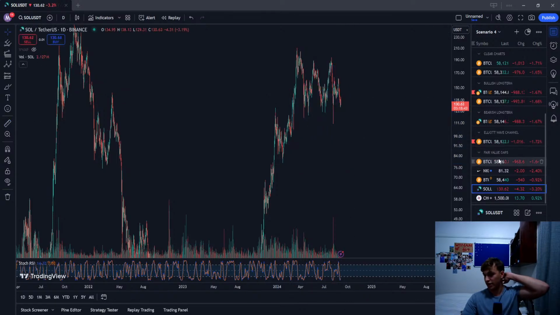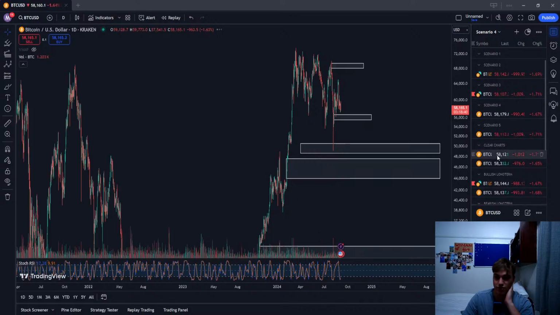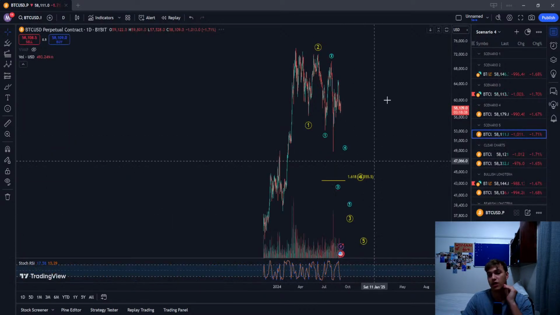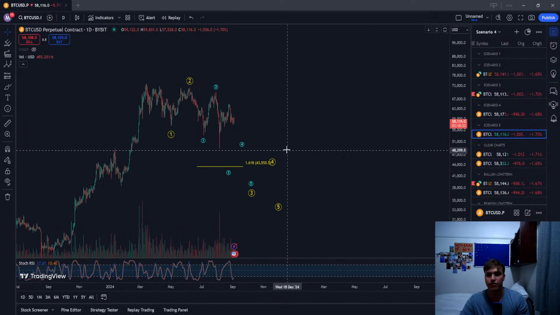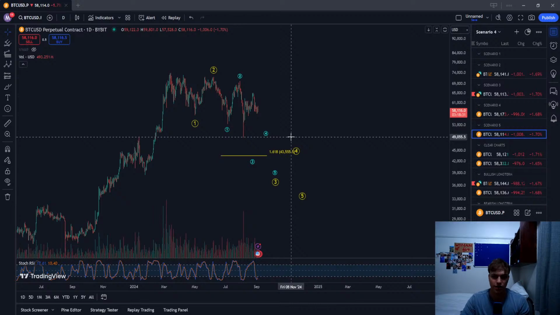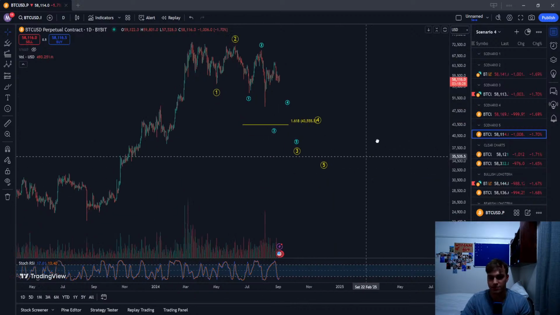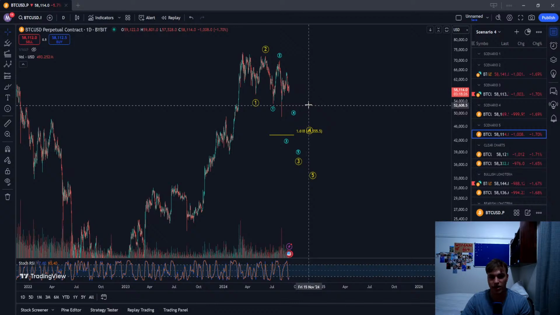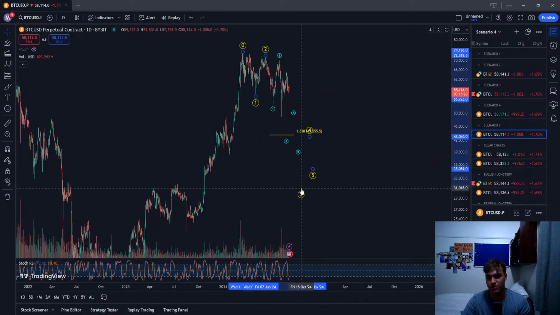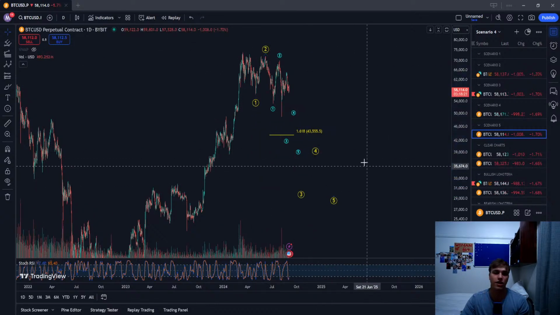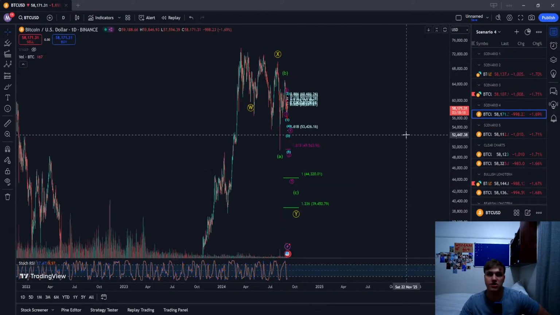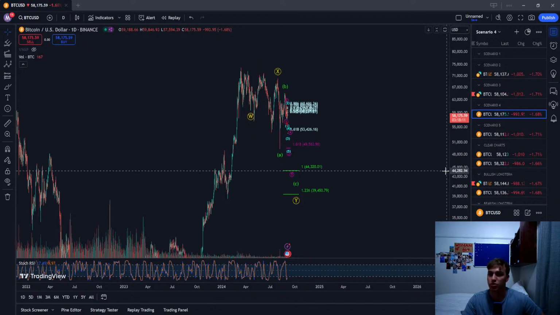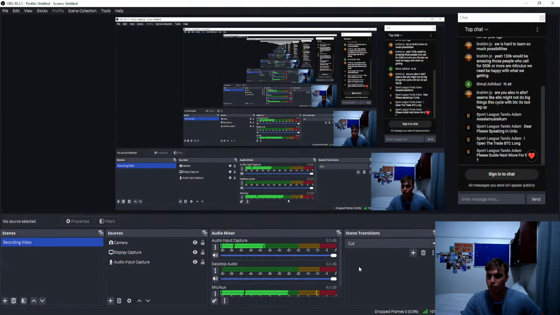So if we do these moves into the downside, I do expect quite a big amount of volume into that. This is scenario 5. Oh, this is the most bearish scenario. This would be devastating. That's the 5-wave structure to the downside. 1, 2, 3, 4, 5. But yeah, I was saying I do expect prices at that 44,000, $80 to $100, 1.9k for Ethereum. So do just keep your eyes out for all those.